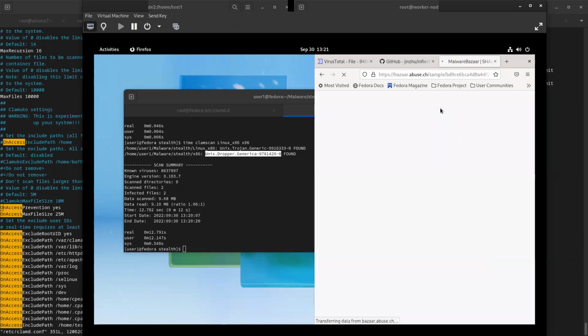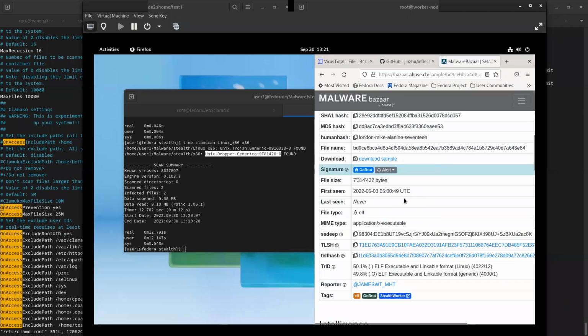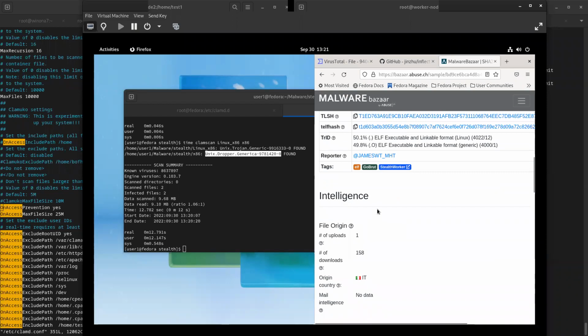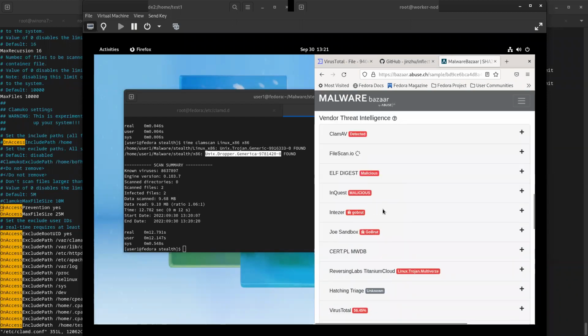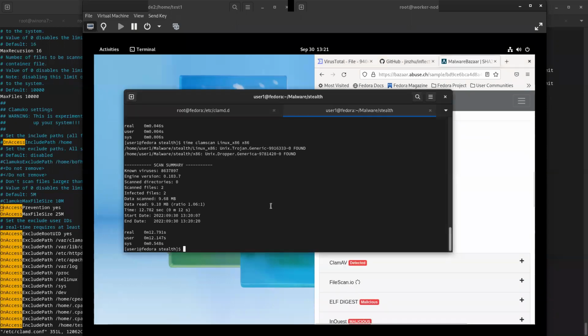Probably going to be nothing more than hashes on it. Although this is nice, they do give us a link to grab the samples. That's cool. But yeah, that's it, just the hashes, and whatever everybody else gets it as, which is kind of handy. So let's move on. We kind of covered the use cases here for daemon versus standalone.